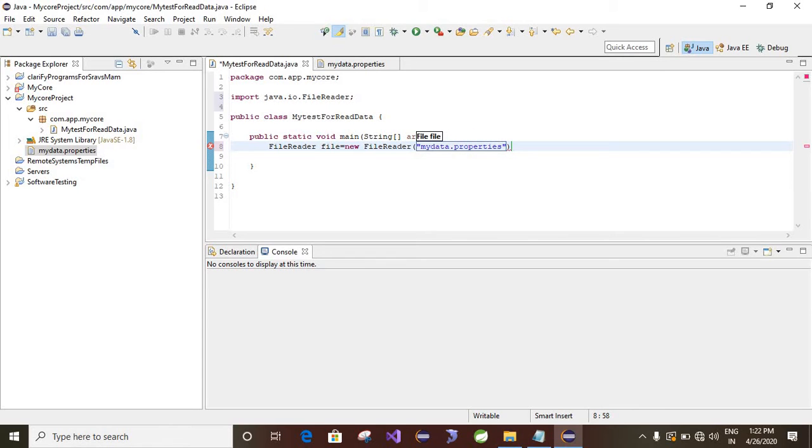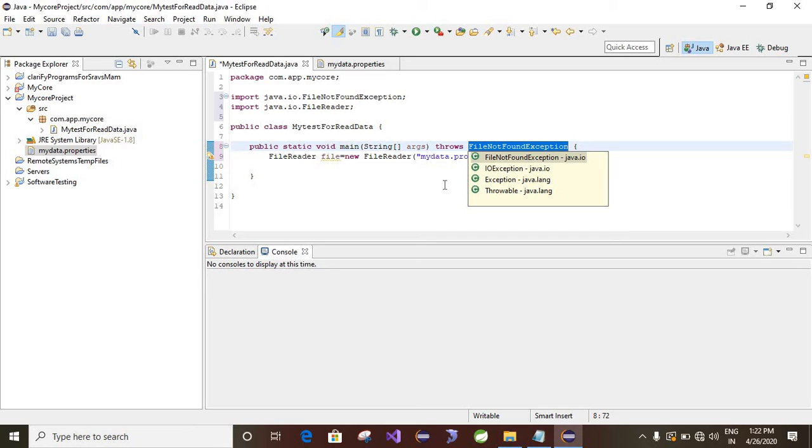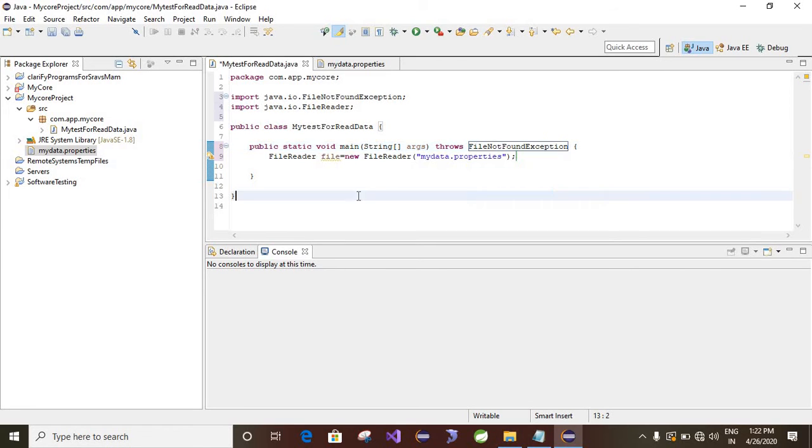See, this is the file name, right? Now it will throw an exception, FileNotFoundException. Whatever, we will see later, or you can use a try catch block also.